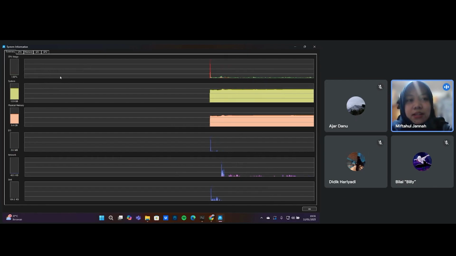Okay, the information system summarizes the entire process. Then all the processes are summarized and given details in here. This image shows information about the performance of the computer system as well. The first one is the CPU graph.